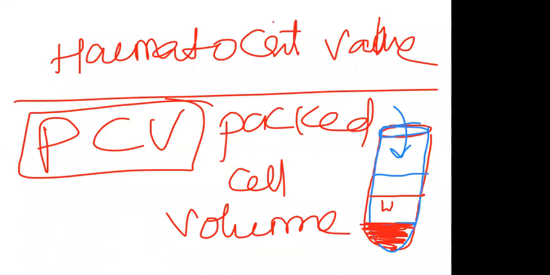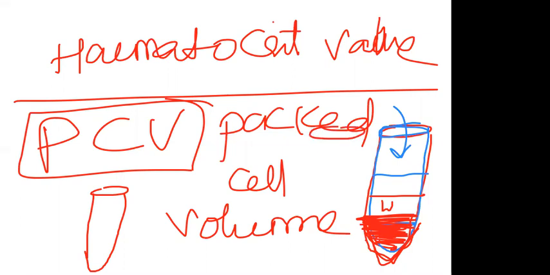Now let's see the percentage of total volume occupied by RBC. The percentage of total volume occupied by the RBC is called the hematocrit value. If this is the normal value, a doctor should know that normal value in the patient. So I will draw here on the same size, then you can understand what is packed cell value. So in the person, if it is like this,